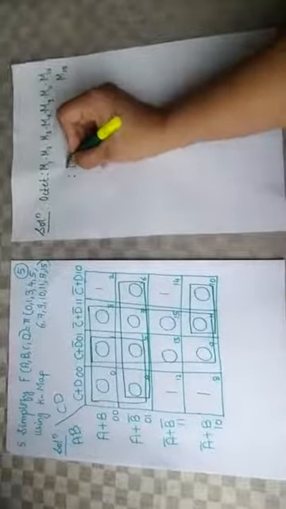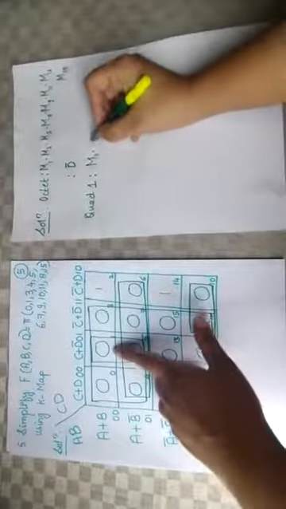Let us check in these 4 rows based on these values. Do we get any common term in all the 4? No, we don't get any common term. So next we have to check for columns. These are the 2 columns to which this octet is associated with. So check in these 2 columns, common term, it is D complement. So write the simplified form for the octet is D complement.